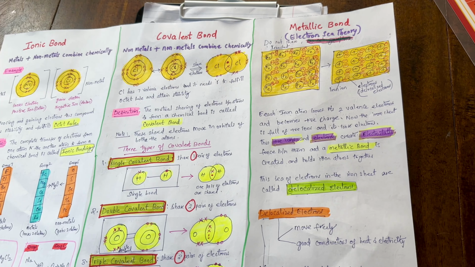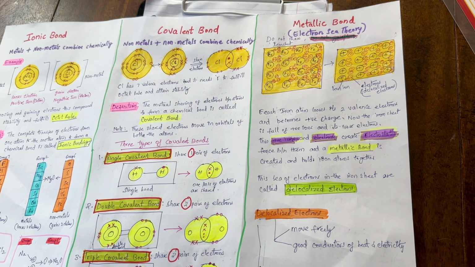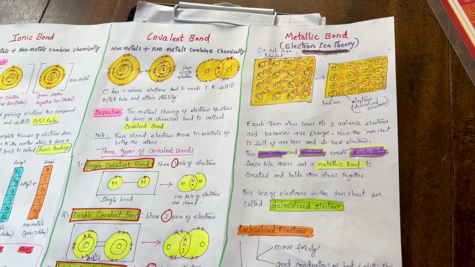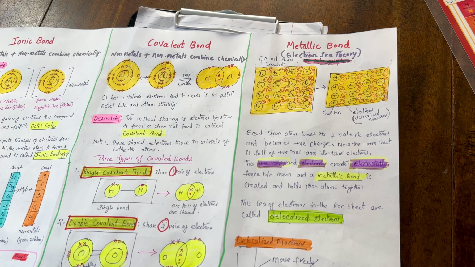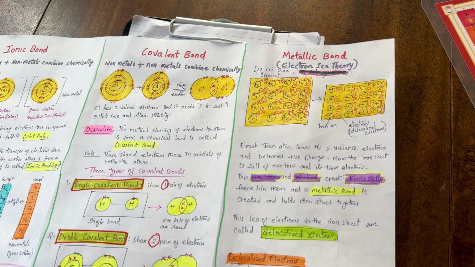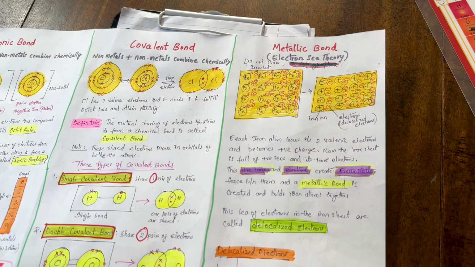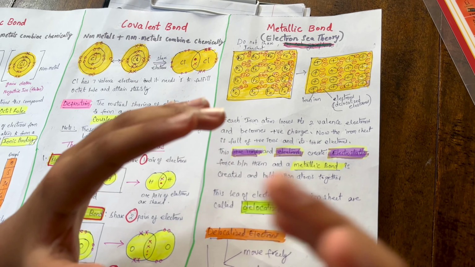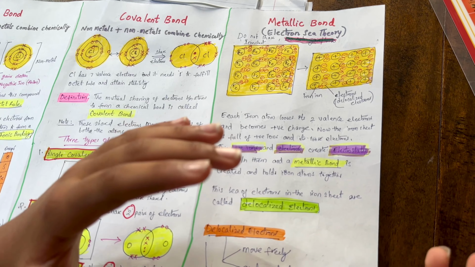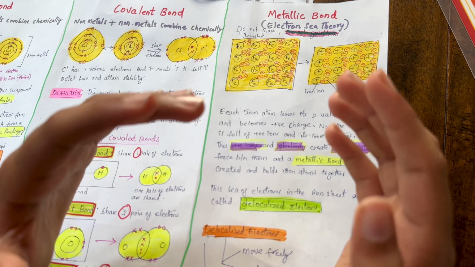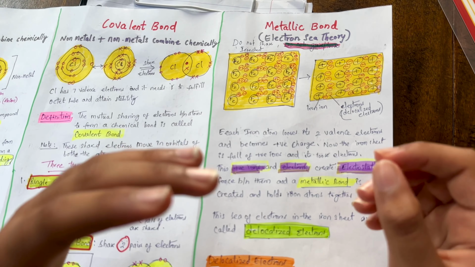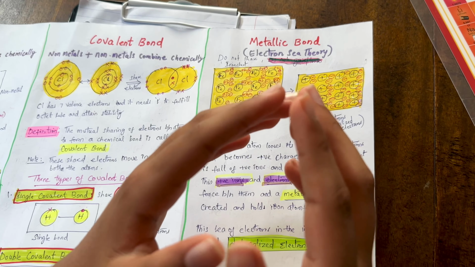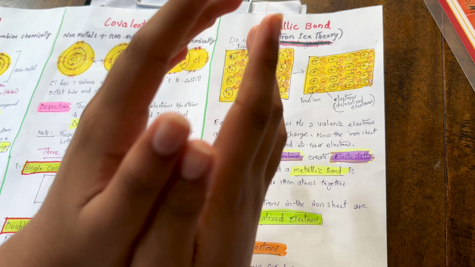So lastly, we're going to be talking about metallic bonding. Metallic bonding basically occurs in metals only, where they lose their electrons. And what happens is, when losing their electrons, all these electrons gather up, and all of those regular elements are now positively charged cations, meaning they have more protons than electrons. And when you have positively charged cations, it creates the positive charge. However, the electrons are negatively charged, so it creates a negatively charged part, and basically you have 2 forces, and